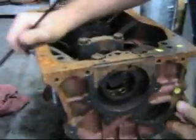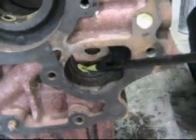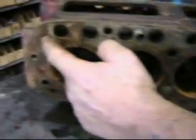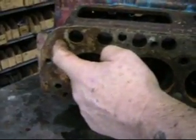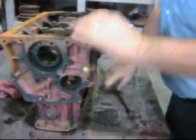Now, the rear cam bearing, here, if Danny can get down and get the gasket out of here, we've got this hole here. Remember, we got oil coming into here, and out of that hole goes up to here at the top of the block, and that's where our oil goes up to the rockers in spurts every time the cam spins around. In our center bearing here, which is going to be hard to see, but our center bearing